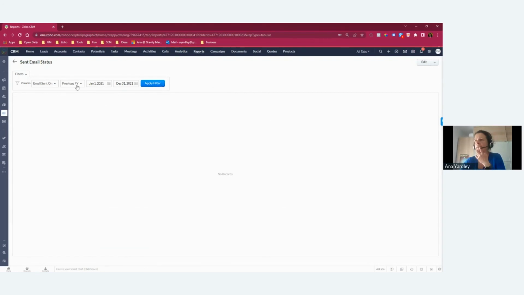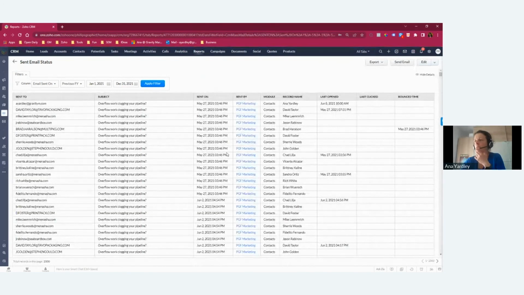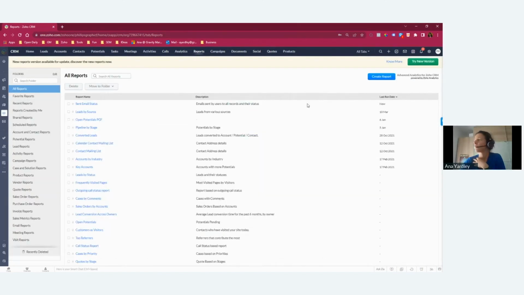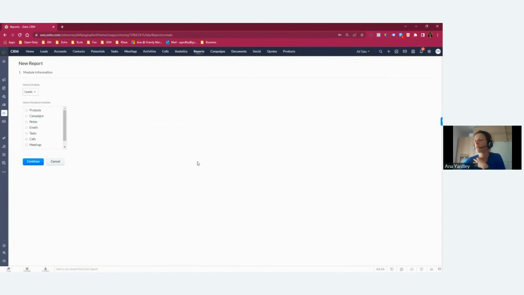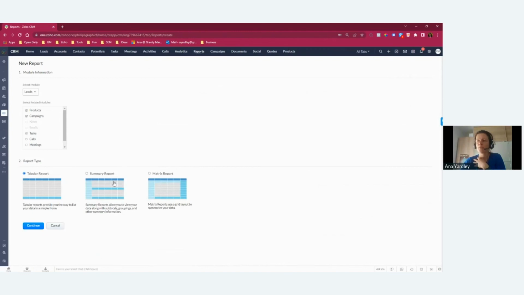In terms of data, let's say you have a lot of data, like in here, we've launched so many emails. You could export these or create graphs from reports. I'm going to show you a bit how, and we're kind of coming to our time. But when you're building a report, let's do something silly. You would want a summary or a matrix, so something that has a sum. So then you can create a graph. And once you have your graphs, then you can add them to your